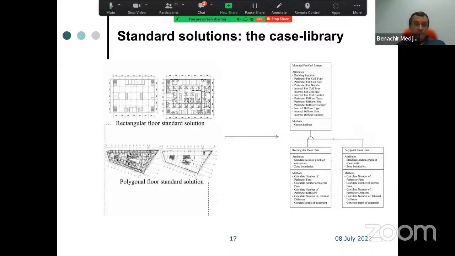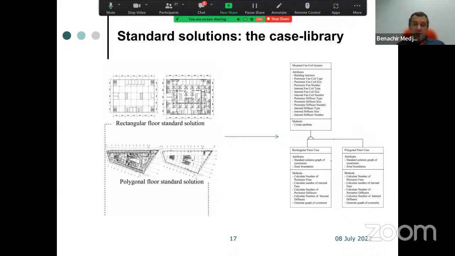This represents 80–90% of our buildings, so it's very representative. We have also developed cases for polygonal shapes, for circular shapes, etc. Those are the different case solutions we have developed.